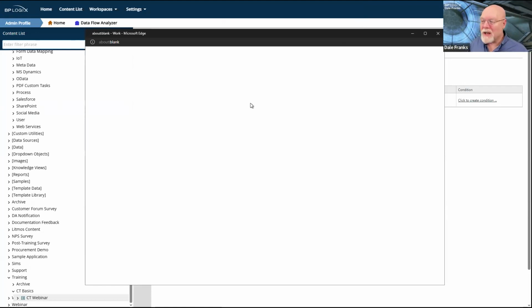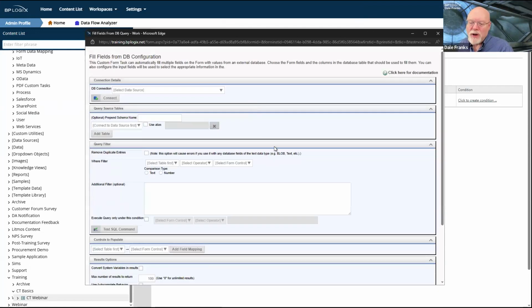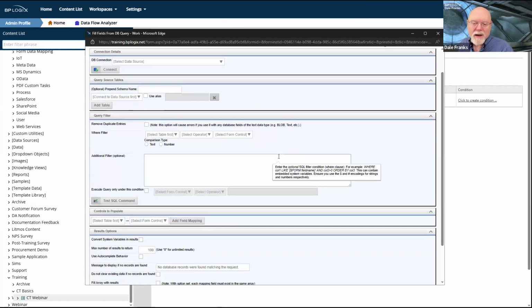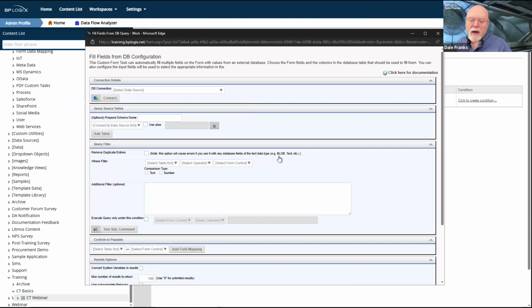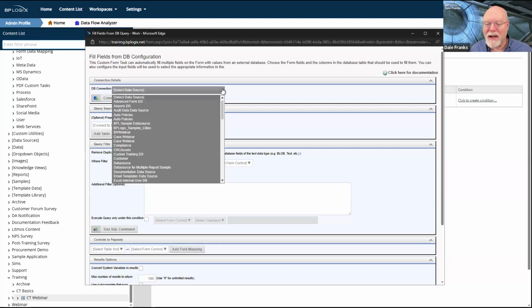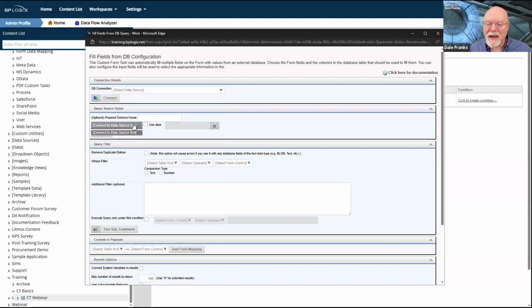Well, this is going to be a little bit of a pain, because every time I use this custom task, I have to completely reconfigure it from scratch. And so I have to configure the same database connection and the same table and table fields that I need. I have to put in my same filters. I have to keep doing this. And of course, I have to add the field mapping.